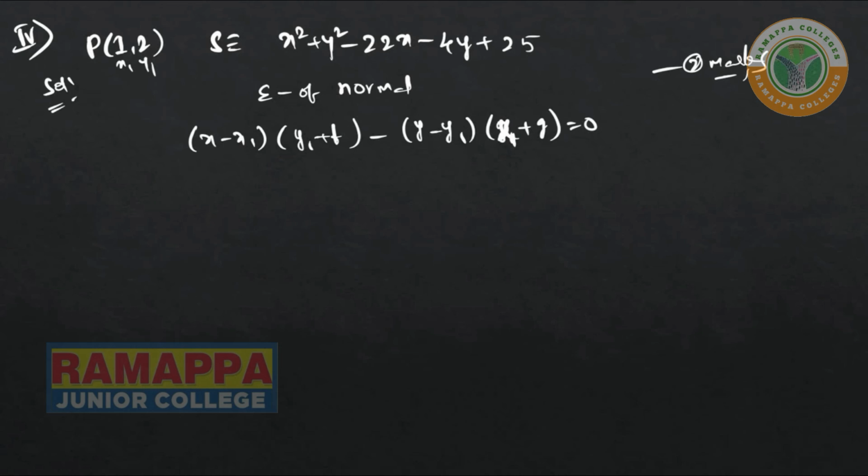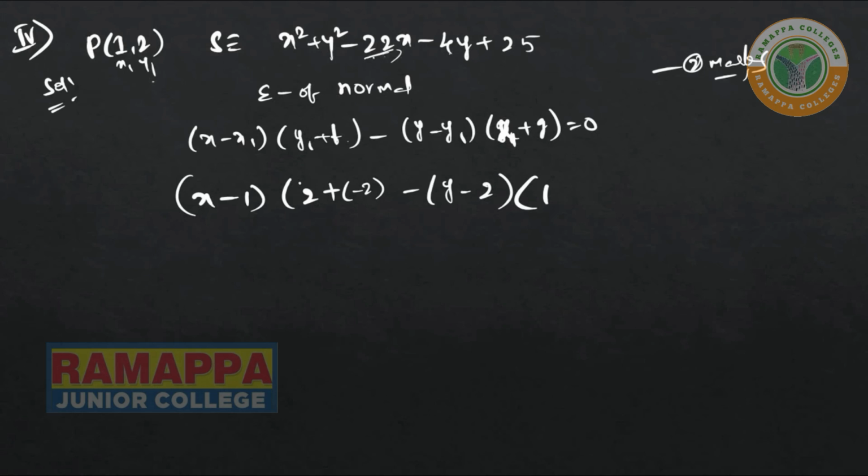Now it will become here x1 is equal to how much? 1, and y1 is equal to 2, plus f is equal to how much? f is equal to minus 2 here. f is equal to minus 2 only. So here minus of (y minus y1) is equal to how much? 2 here. So here x1 is equal to 1 and g is equal to 2, g is x. Here it will become 11. So 11 will come, minus 11 is equal to 0 here.